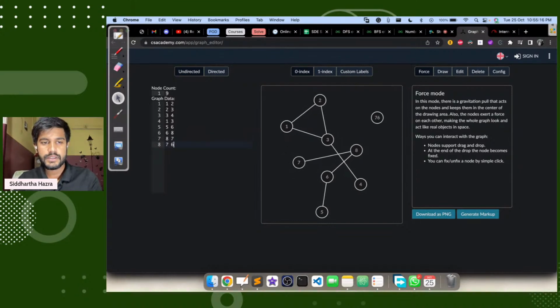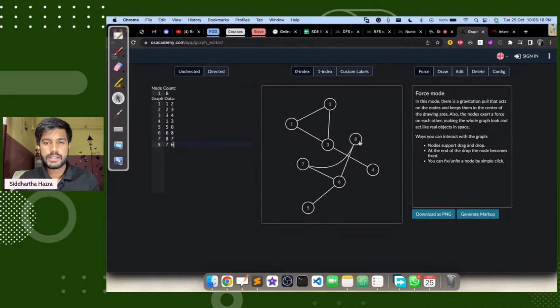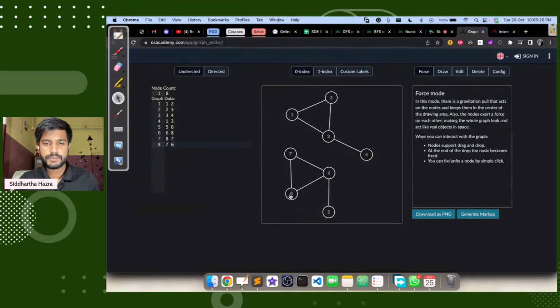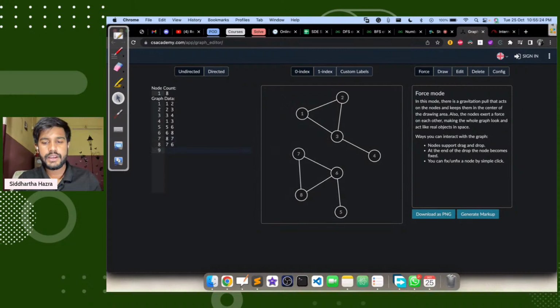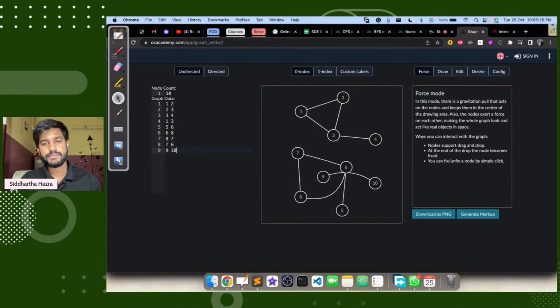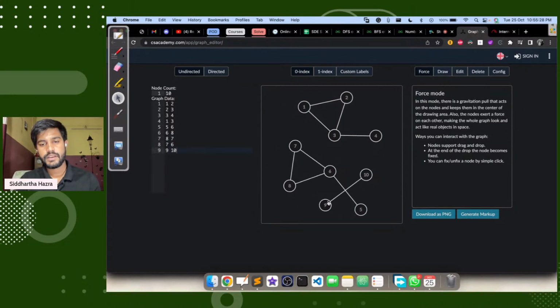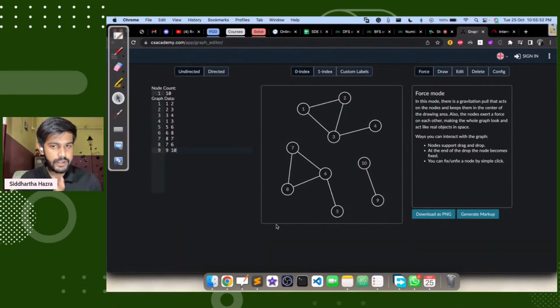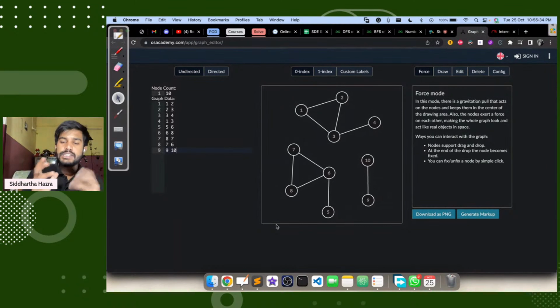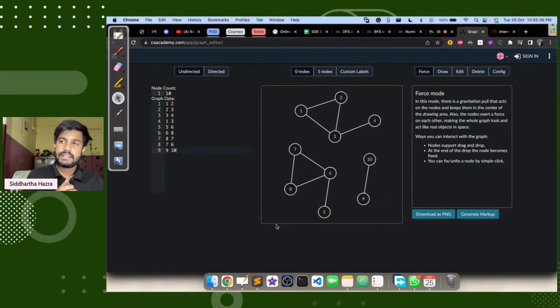Okay, like this kind of graph. Then here we have minus 2. Fair enough. So this is known as a disconnected graph.